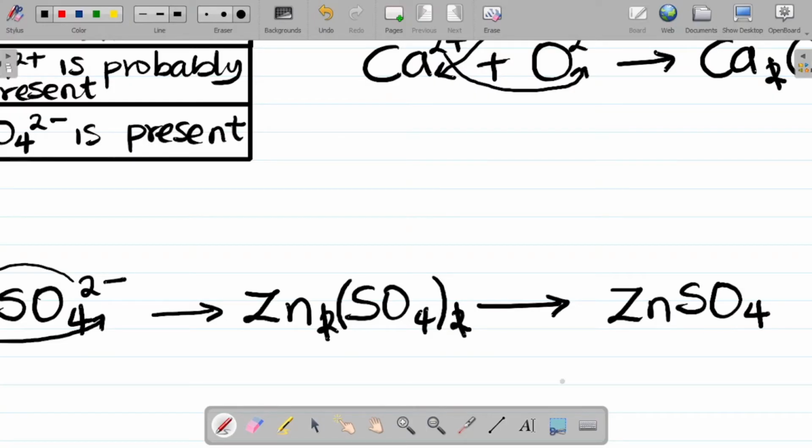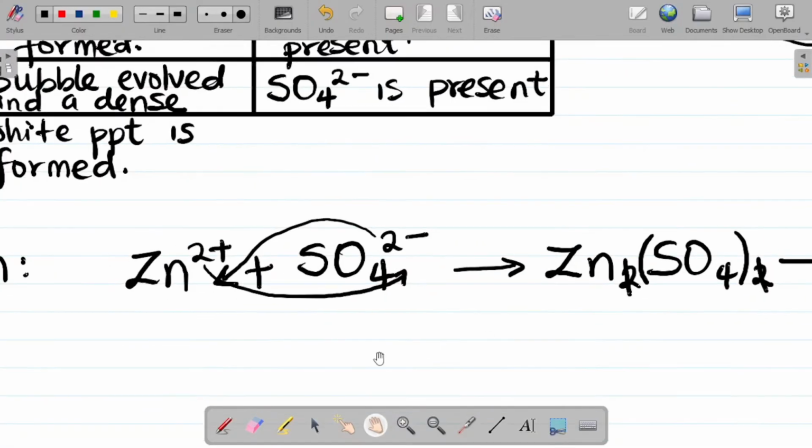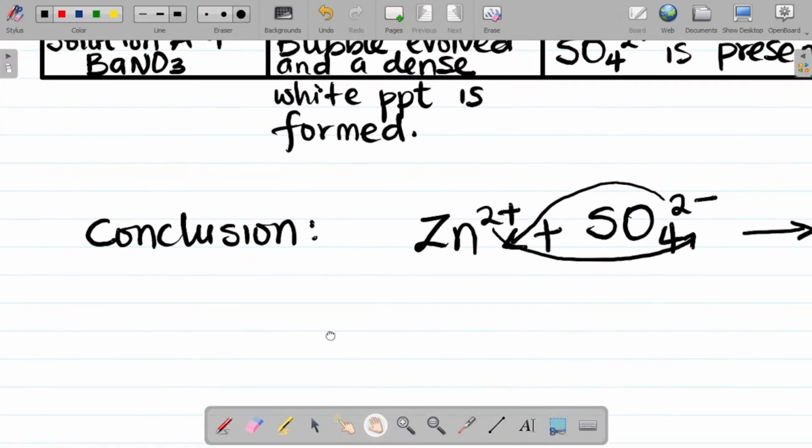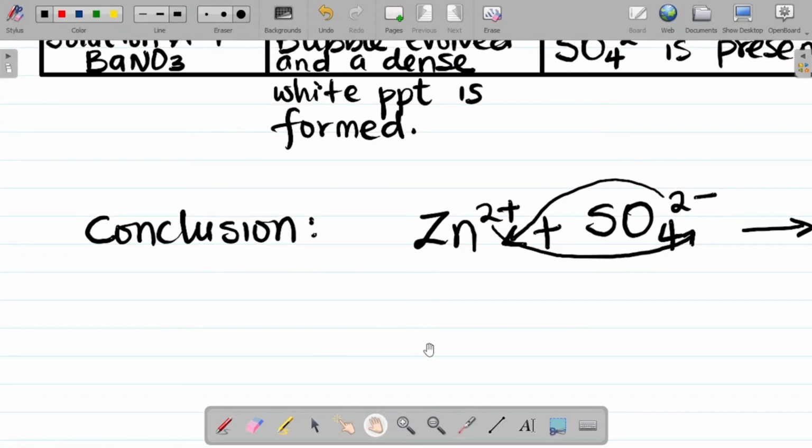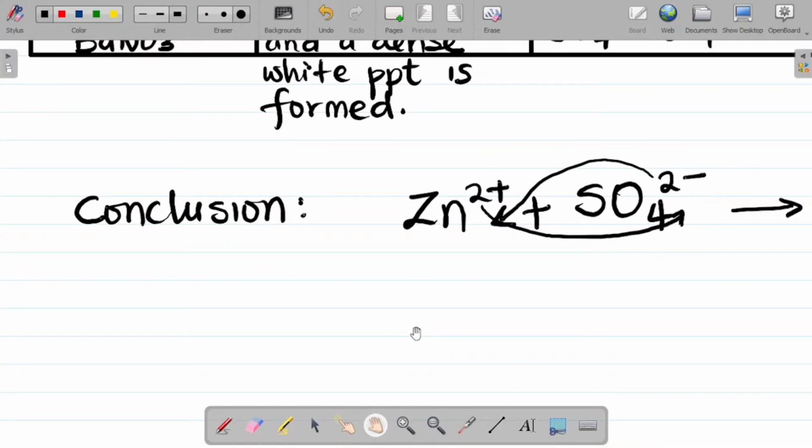tetraoxosulfate 6. So I have this. This would be the compound available here. All right, so we've identified the compound. What next? Let's now fill up our solution. So in solution, we can say the solution of sample A. So here, in conclusion, we can say the solution